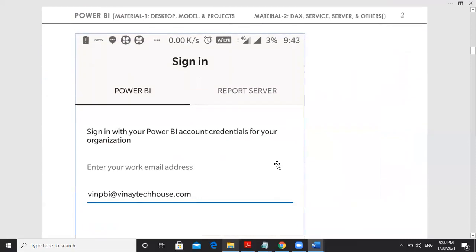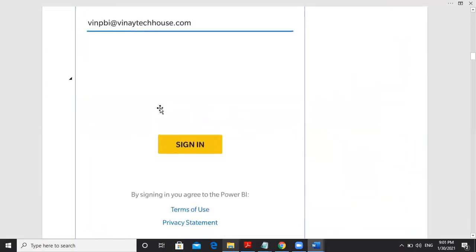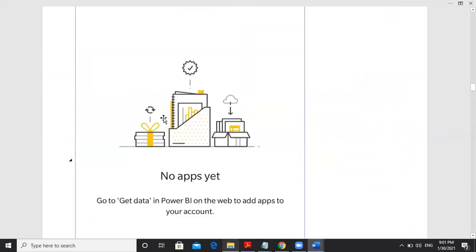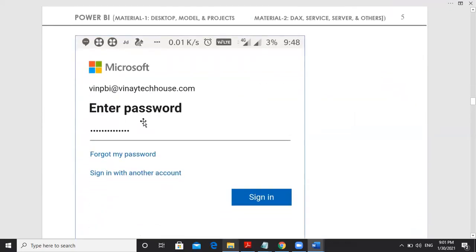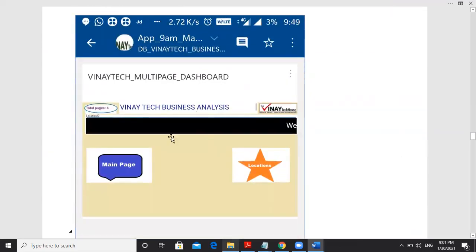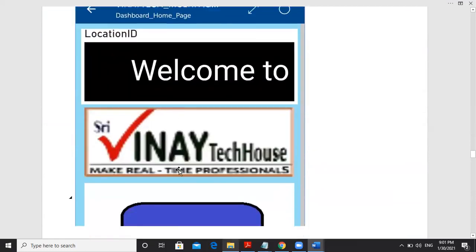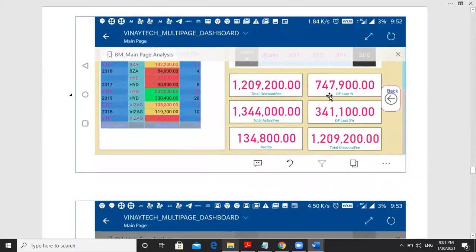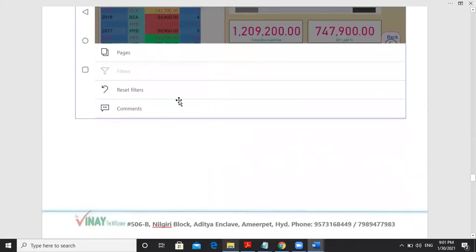There are a set of steps actually. First, you need to sign in. Apps. Enter your password if it asks. It will show you one app. That app will have reports. Go to the report, any report. Browse the report in the mobile or tab and then see these options. Finally, go to annotate. Observe comment, pages, all available. Please observe each and everything.